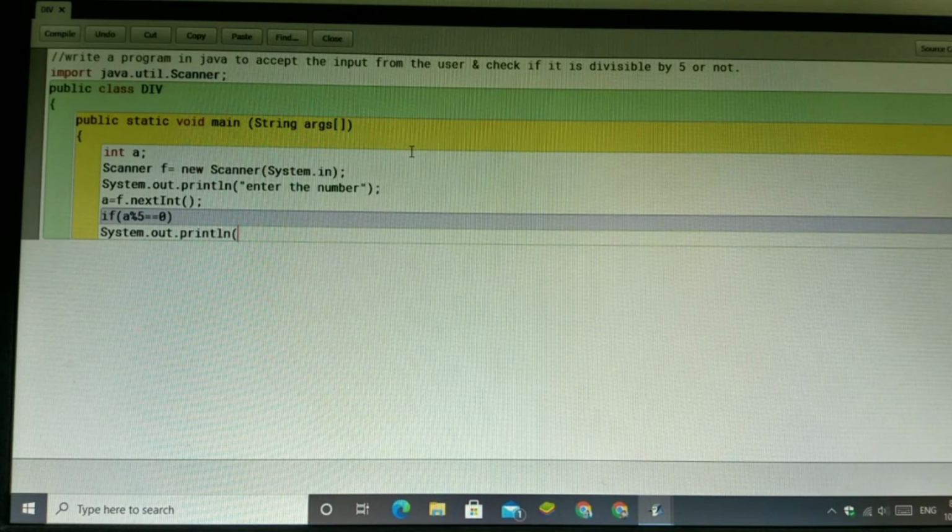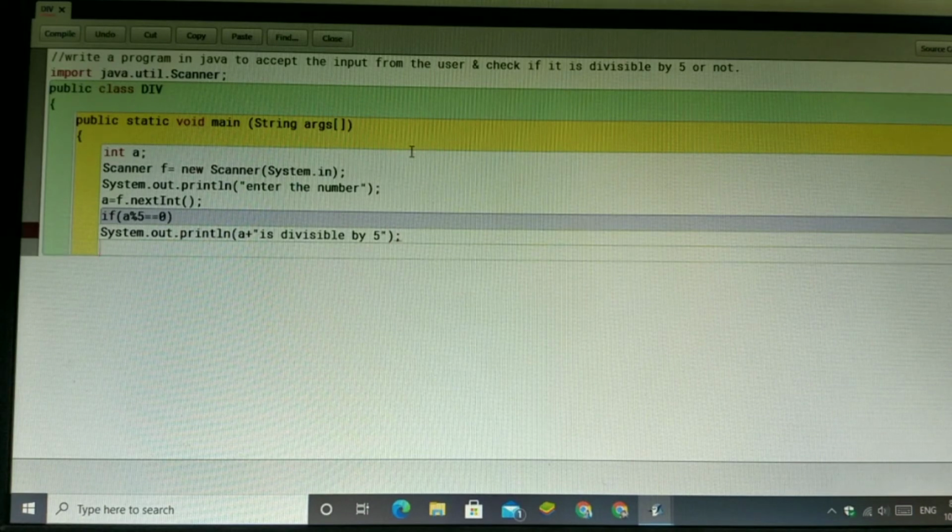You can print the number also. You can write here the variable we have taken, a, and the plus sign is used: that number is divisible by 5.